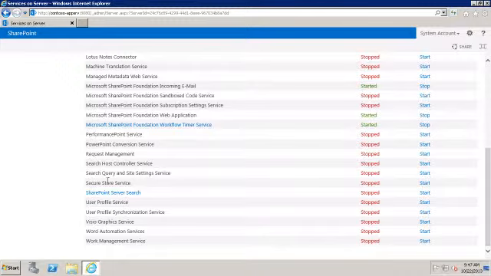Now, you don't necessarily need to run the service on every server in your farm. In fact, you probably don't want to do that. But we do recommend that you go ahead and install it so that it's there. And if in the future you want to move your services around and change which servers are running which services, all you have to do is start it up. You don't have to worry about installing it at that point. So I'll close out of Central Administration,